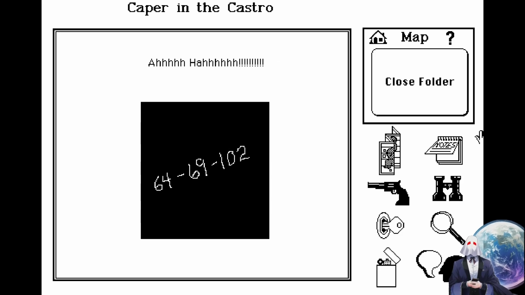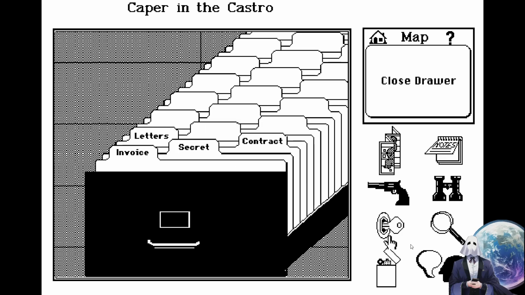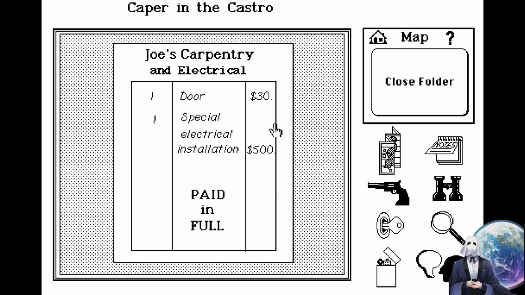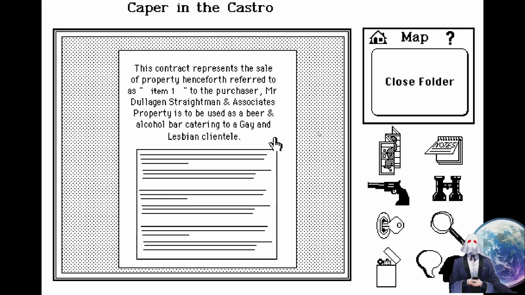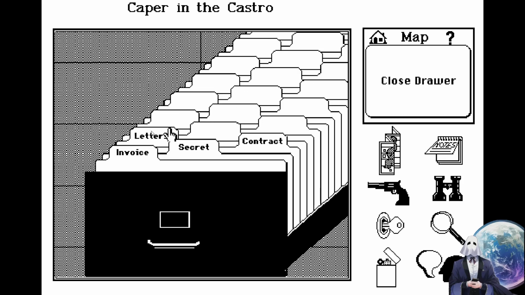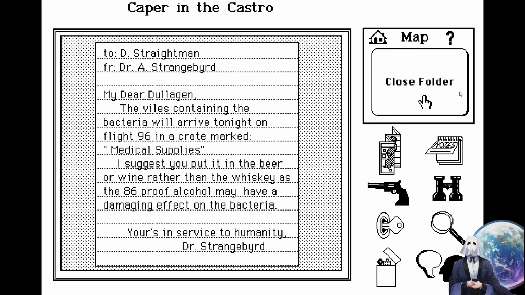I'm going to use my own notepad rather than the notepad in the game. 6469102. Got ourselves the invoice. Got ourselves a contract. Got ourselves the letters.